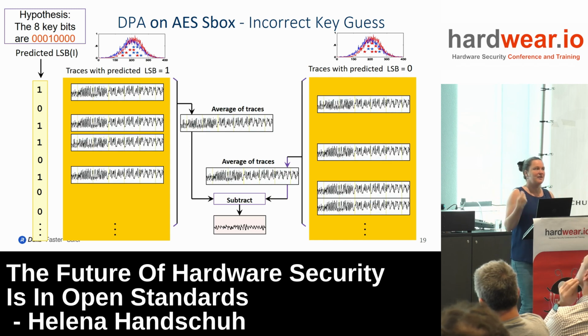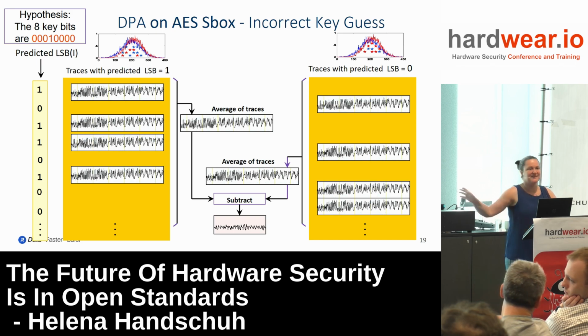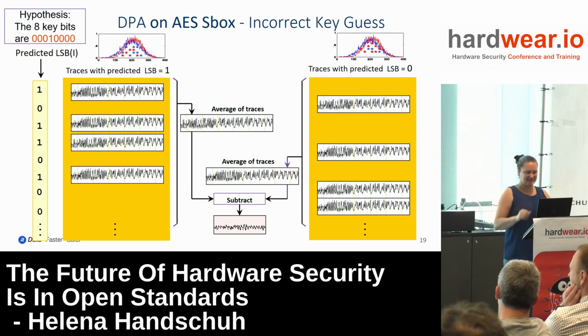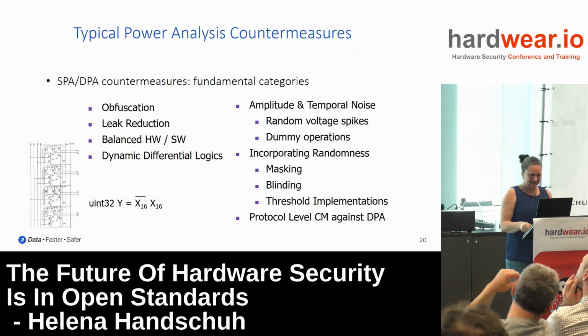So you can filter out all of the incorrect ones and figure out the one byte that you were looking for. Okay, and then since this is one S box with 8 key bits, now you iterate through the 16 S boxes, do the exercise again, and recover the 16 bytes of the key. Super simple. This is very high level, but just so everybody can understand how this works.